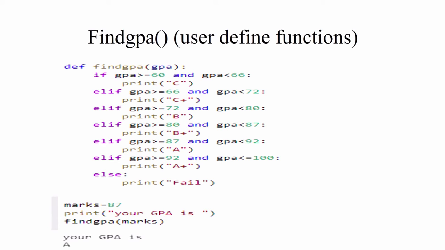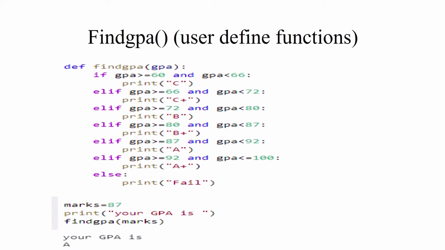Elif GPA is greater than 66 and smaller than 72, print C plus grade. Elif GPA is greater or equal to 72 and smaller than 80, print B, and so on. So at the end, else print fail. If all these conditions are not satisfied, then we print fail. So in here we assign 87 to marks, and then we print a message, your GPA is,